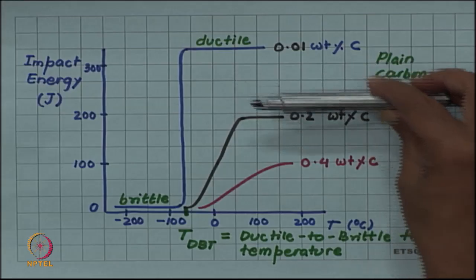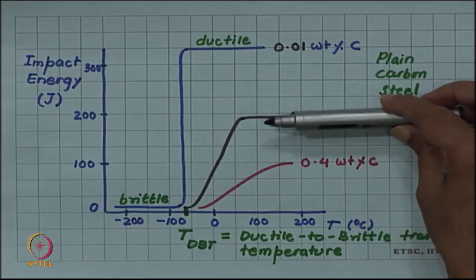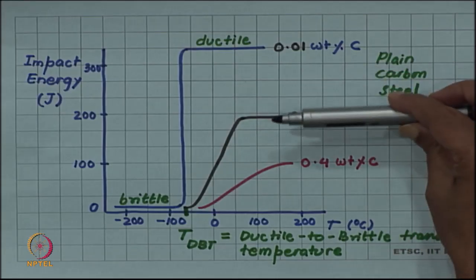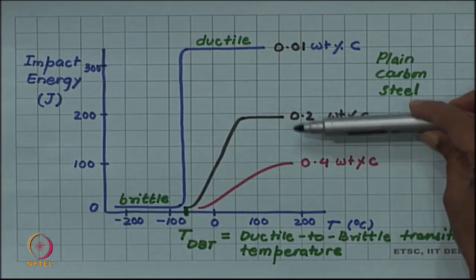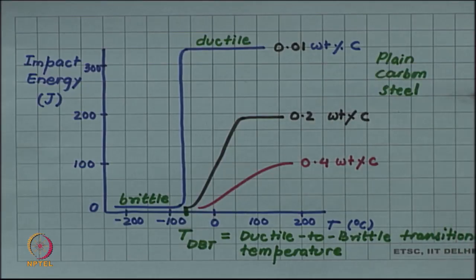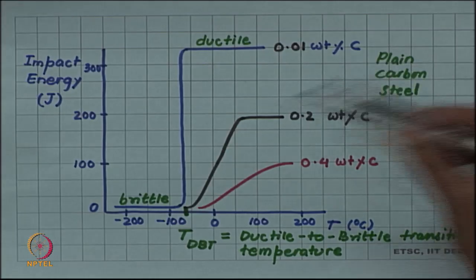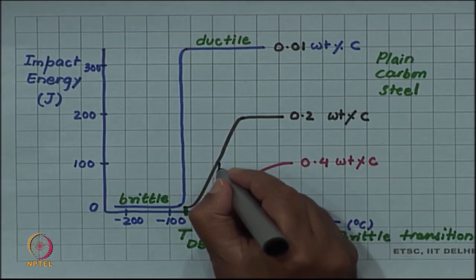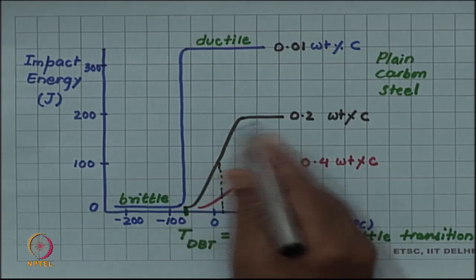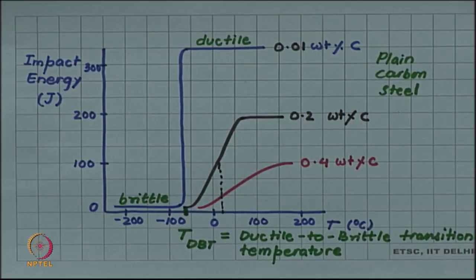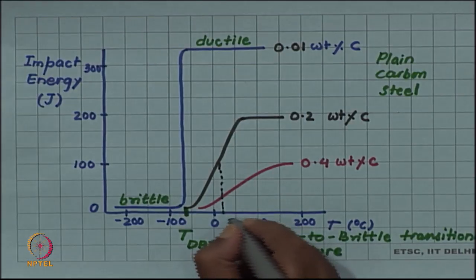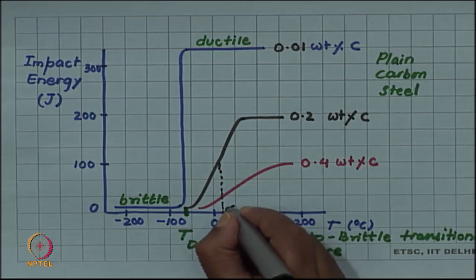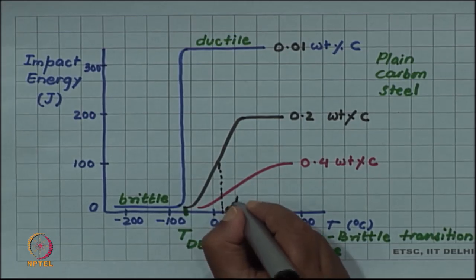So, the fact that the energy absorbed is decreasing is indicating the enhancement in the brittleness of the material as carbon concentration is increasing. But then for this, the ductile to brittle transition temperature will be taken as somewhere in the middle of this transition zone. So, this will be the DBT